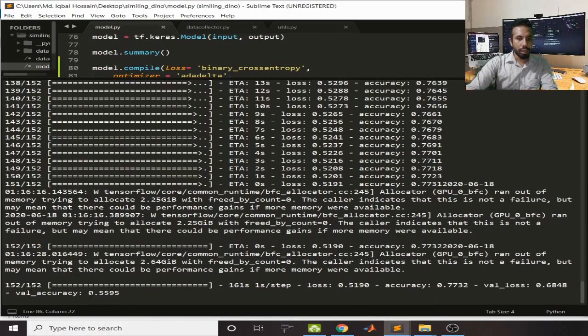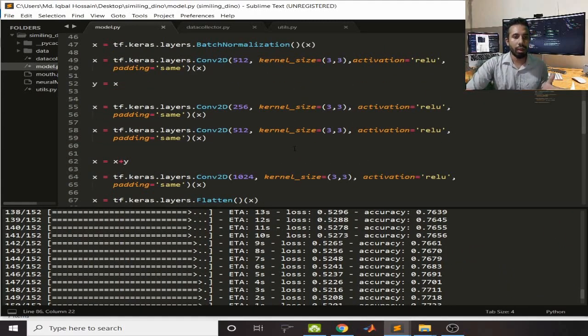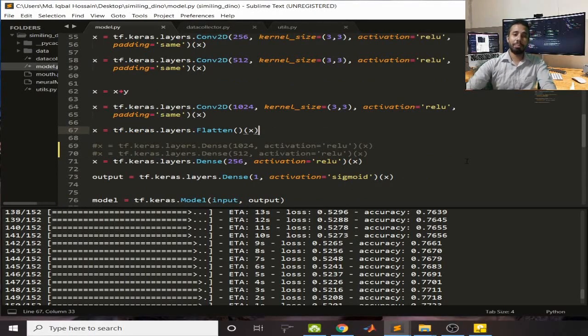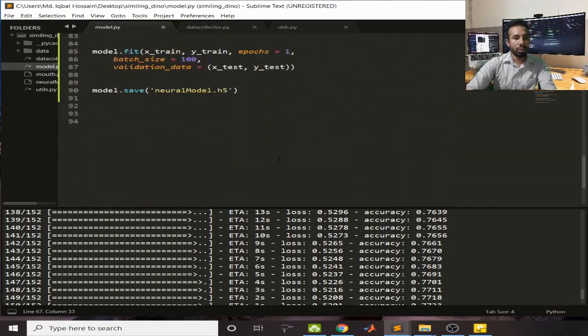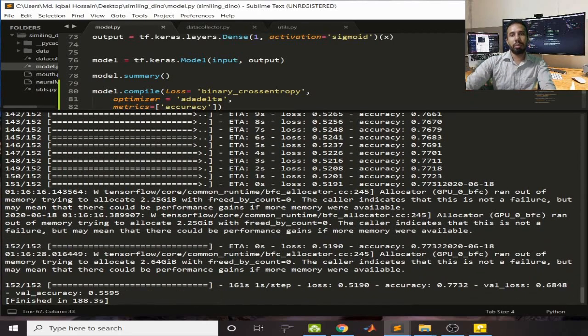So here you can see, though I got a train accuracy of 77%, I got a validation accuracy of 55%, which is not good. You should try with more epochs, and if you have high GPU power, I suggest you include these two dense layers so that you can have a better model. If you do not have high GPU power, don't worry. You do not need to change this model. You should increase the number of data, that is, the number of images. You can take around 25,000 or 30,000 images to train this model. Then you will have a higher validation accuracy.